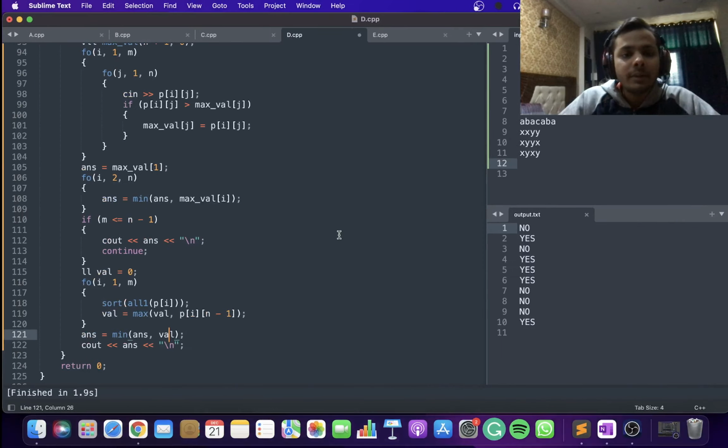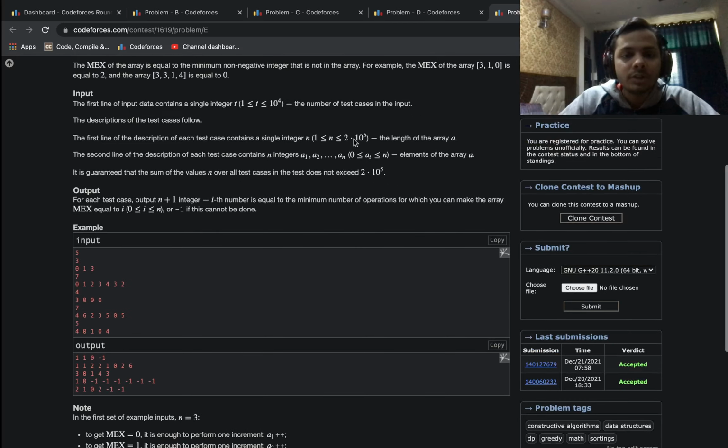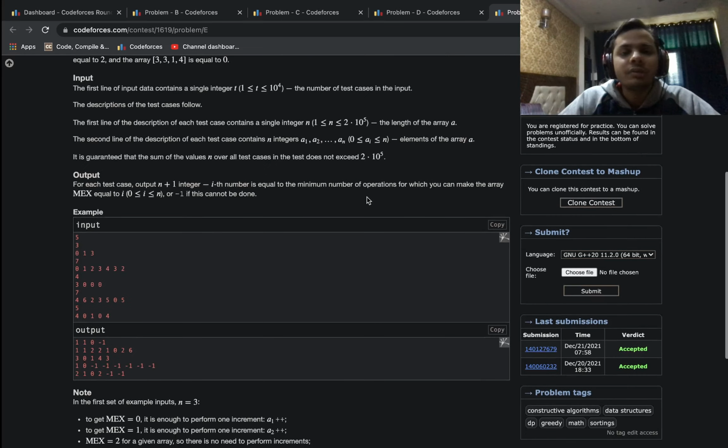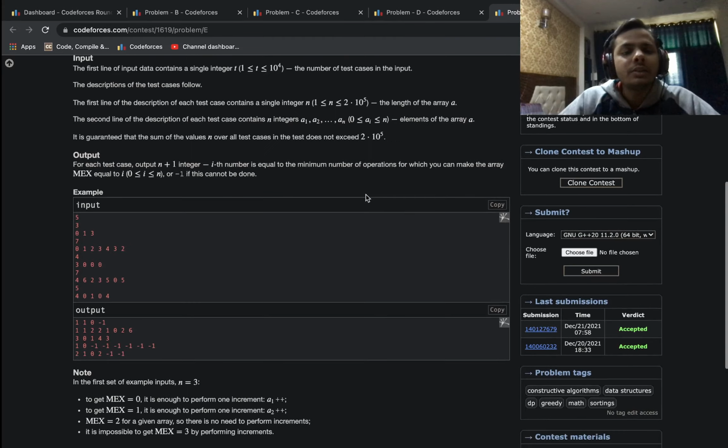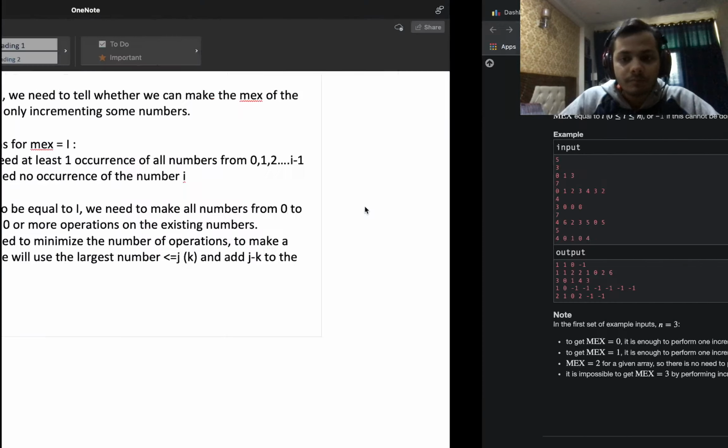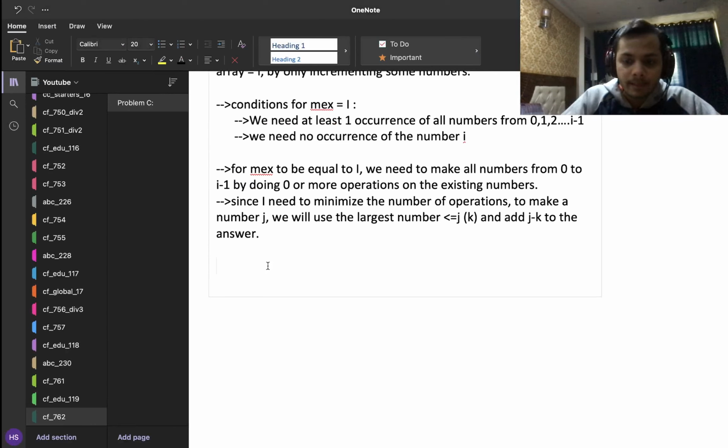That is all well and good, but the only problem is that the constraints are huge, and if we want to answer for all the elements from 0 to n, we can't just make use of this algorithm, because obviously this is O of n square, right? So what to do? In this case, to speed up, we will use dynamic programming.